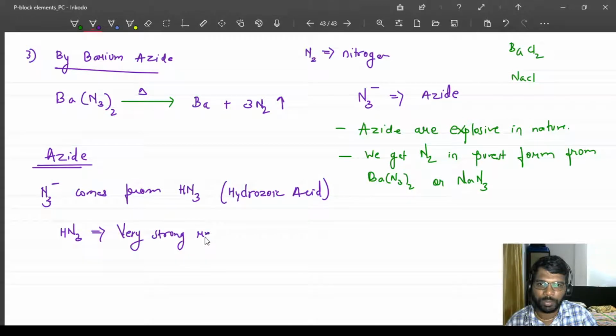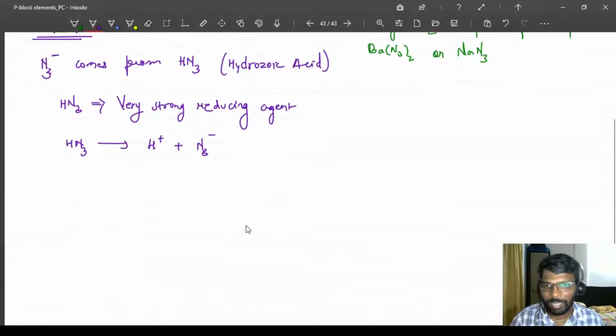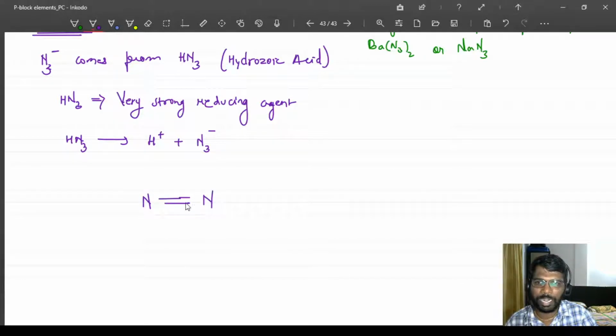The reason may be that it can give its hydrogen very easily and form N3 minus. If I want to show the splitting, HN3 will split as H plus and N3 minus. Let us look at the structure and decode how it has a charge of minus 1. This is one of the structures I can represent, a nitrogen over here,